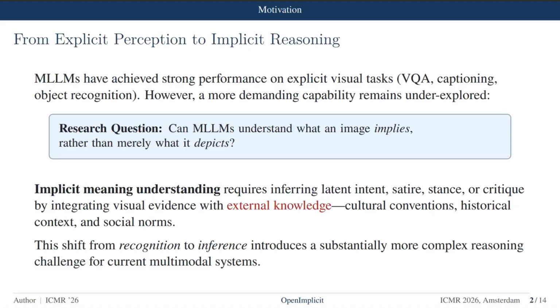Multimodal large language models have achieved impressive progress on vision language tasks such as visual question answering and multimodal reasoning. However, strong performance on existing benchmarks does not necessarily imply robust high-level reasoning. Most current benchmarks primarily evaluate explicit perception, that is, what is directly visible in an image. But a more demanding and arguably more important capability is understanding what an image implies rather than merely what it